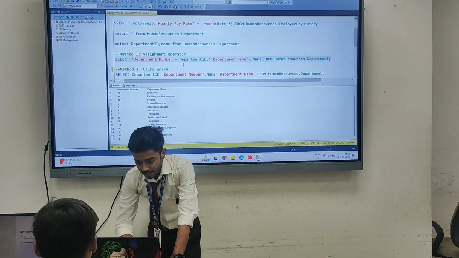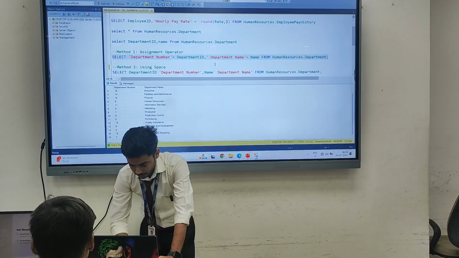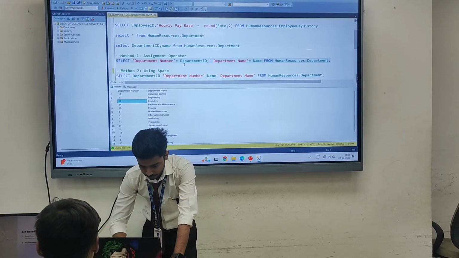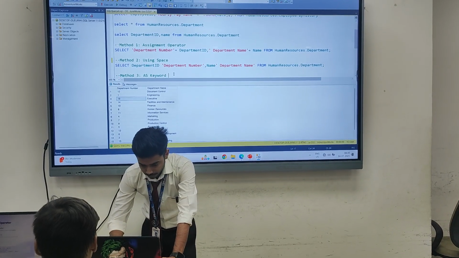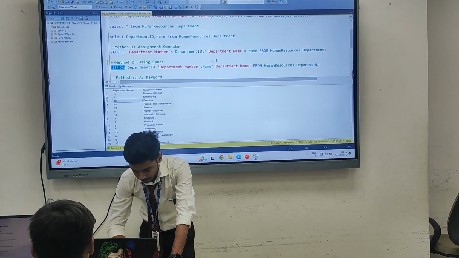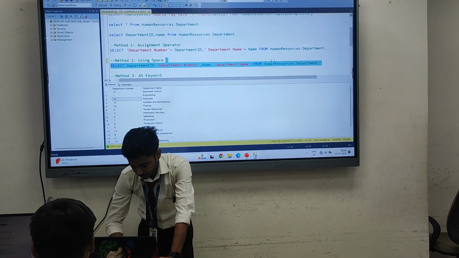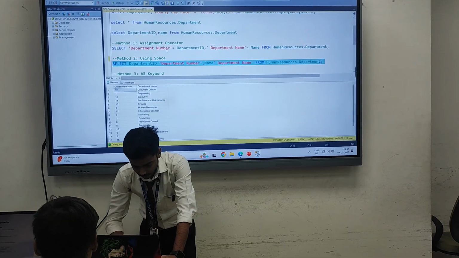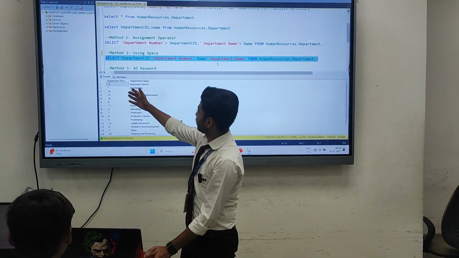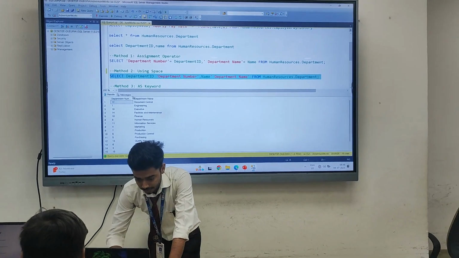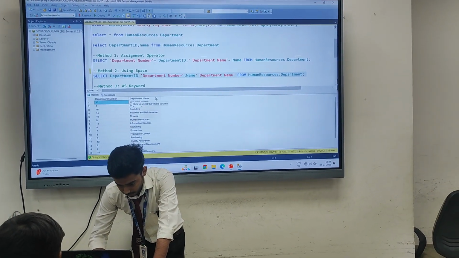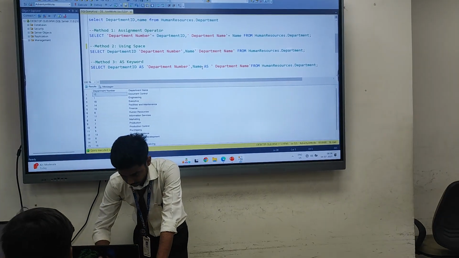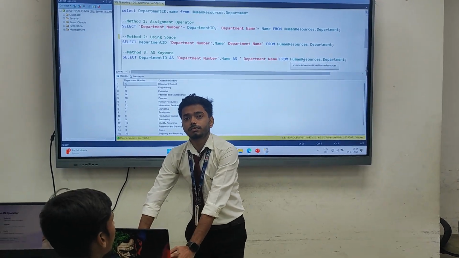The second method is using space. Here also the same, because we use the same table. And the third is with the AS keyword.